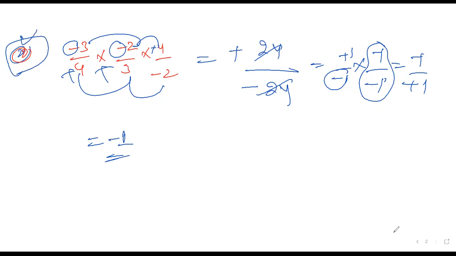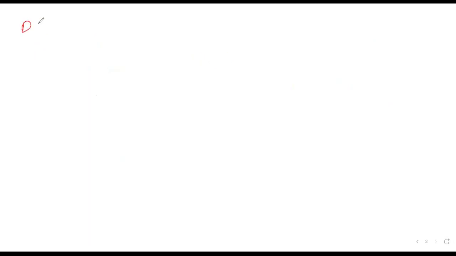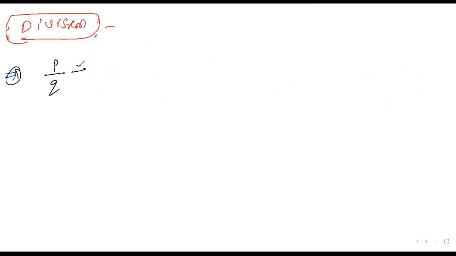Multiply the things, right? Now we have to go for the division cases, how you have to do division of rational numbers. So let us try to take a concept of that. There is a standard procedure which we need to follow. Let us take P by Q divided by R by S.